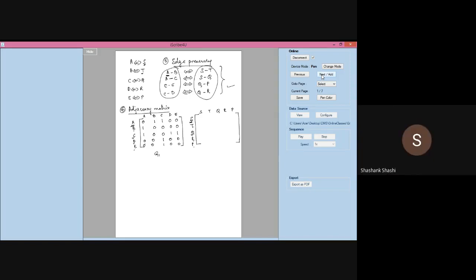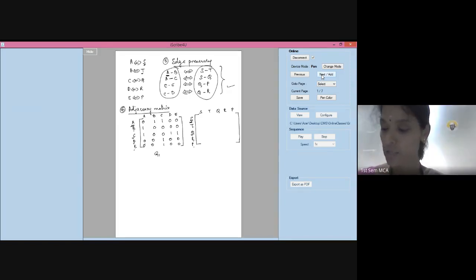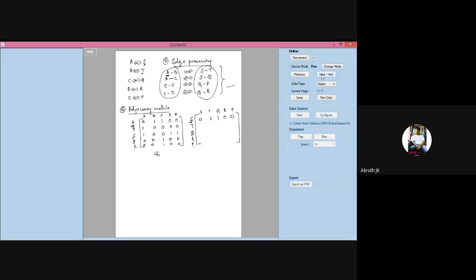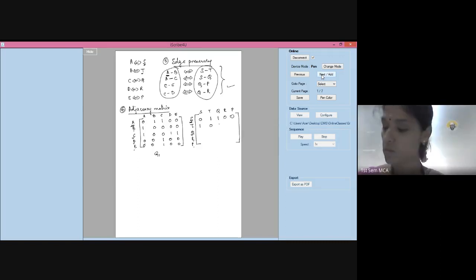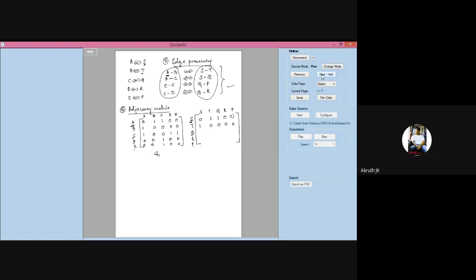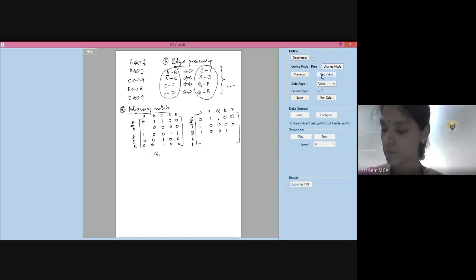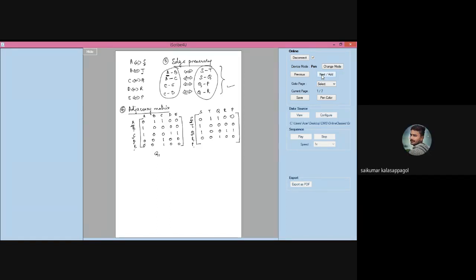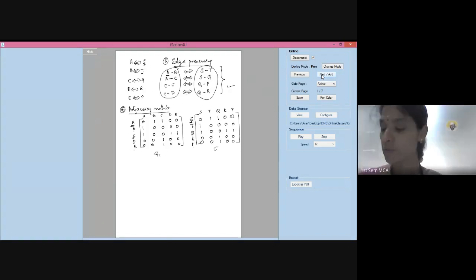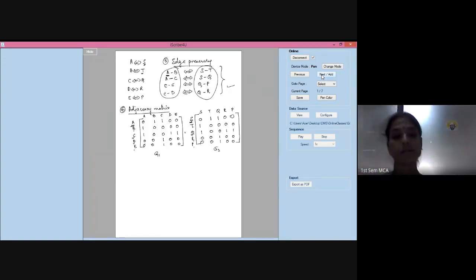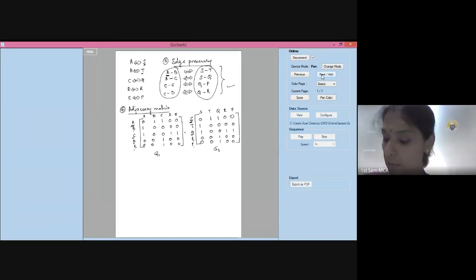Write down the adjacency matrix for G2 with respect to these vertices. S to S is 0. Like that you should write. S to T is 1. S to Q is 1. S to R is 0. S to P is 0. T to S is 1. 0, 0, 0. 0. So if you observe, adjacency matrix of G1 is same as adjacency matrix of G2. Therefore, since all the properties are satisfied, we say G1 and G2 are isomorphic.